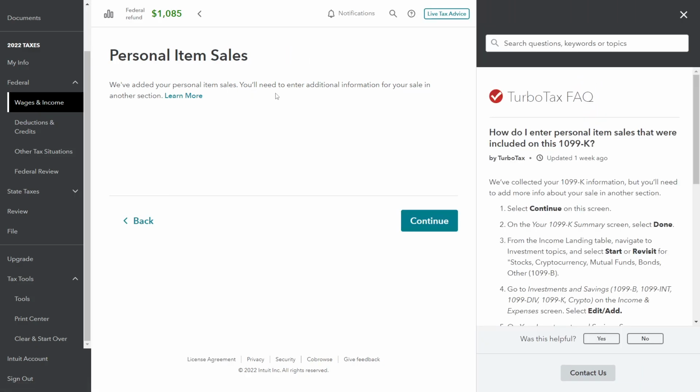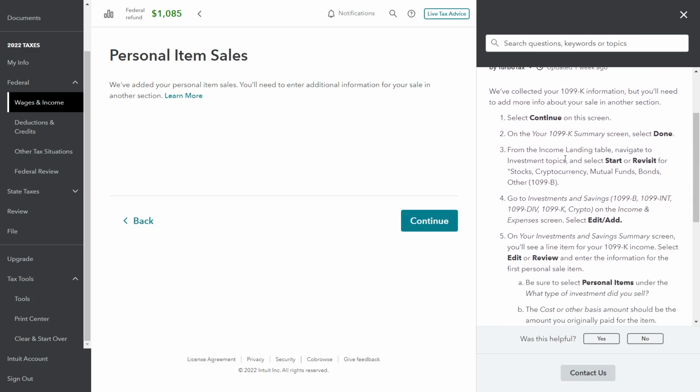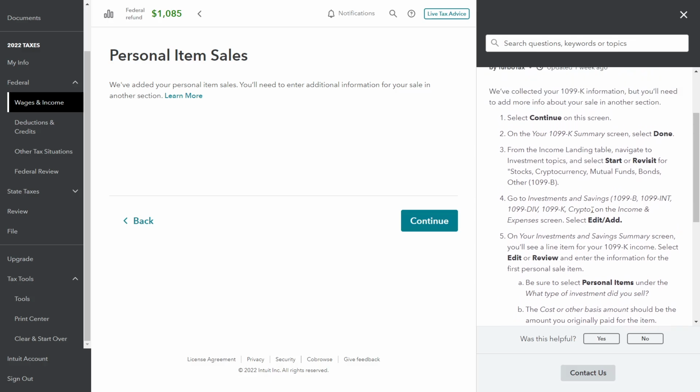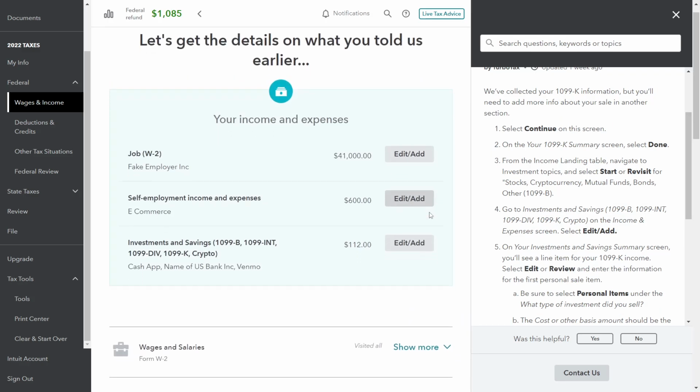So what TurboTax has done is they've added this to the system, but we still need to provide more information on the cost basis, how long we held the property for, and what it was. Because you notice there, we didn't enter any information on what the sale was. We just entered the 1099-K. So the FAQs point us in the right direction here. They asked us to go to the section for investments and savings. And then in the investments and savings section, we should see a prompt to add more information for this Cash App entry. Okay, so if we hit continue, hit done, and then we're going to scroll down